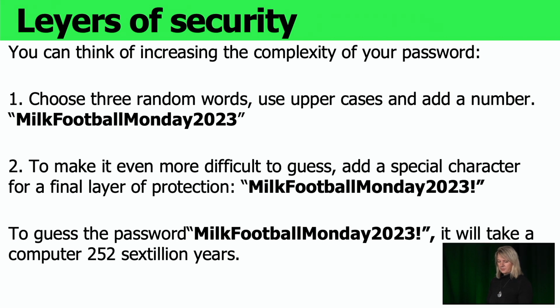Here, this simple phrase like Milk Football Monday 2023, with an exclamation mark at the end, is one good example of how to make it more complex. Then it will take 6 billion years to guess it. It's long, it's complicated, it has symbols in it, and also capital letters.